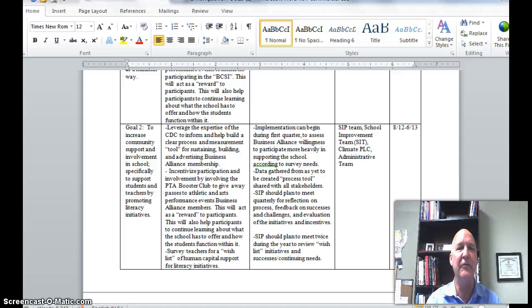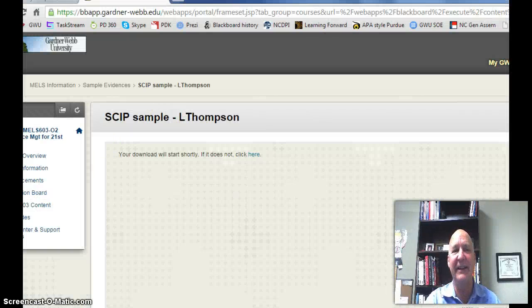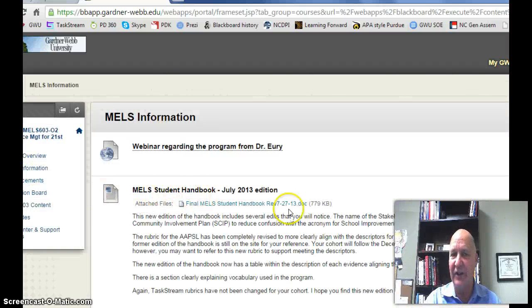And so that's something to start thinking about. Pull out your SKIP A and B, review them, start to think about the resources necessary, and let's start sharing ideas or asking questions about what the SKIP C ought to look like for resource identification. But there's a sample for you, and I hope that's a help. I hope that you remember that in the MELS information is also the handbook, and if you need to check out the rubrics or the explanation for the SKIP, please do that. And when you are submitting things in Blackboard for me to grade as part of this course, I will allow 2 attempts.